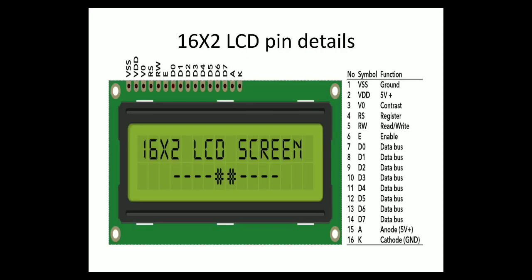So 16x2 LCD panels look exactly like this. Whenever you use them in our projects, obviously we can see the same structure of LCDs being used. Now if you go through the pin numbers, which are represented in the slide, first one, pin number 1, is called VSS, the ground pin, used for ground connections.